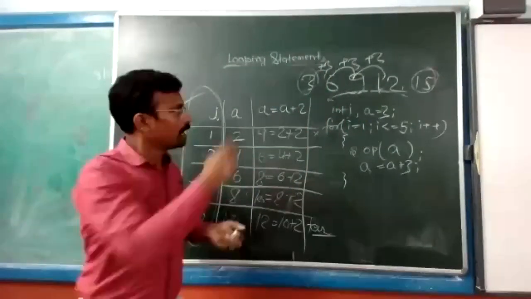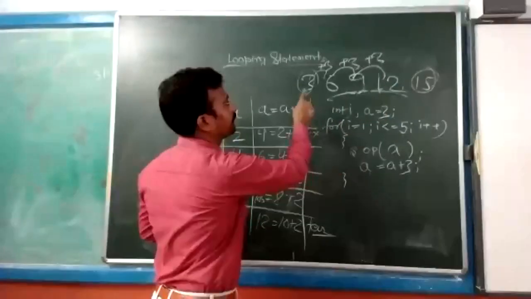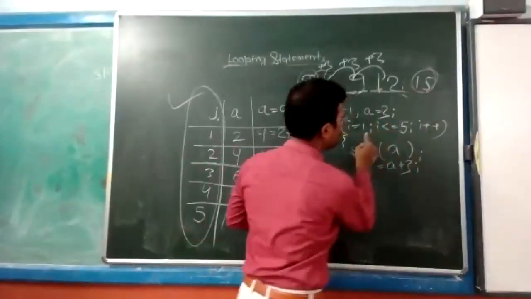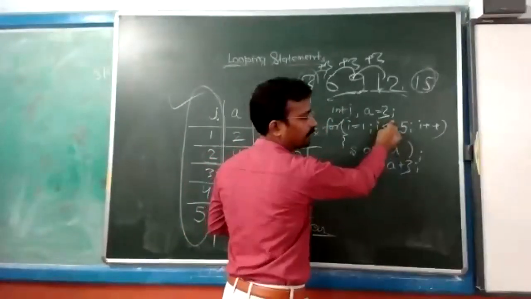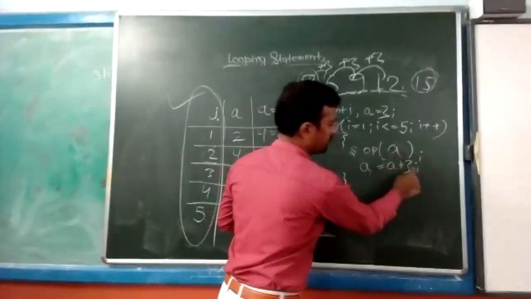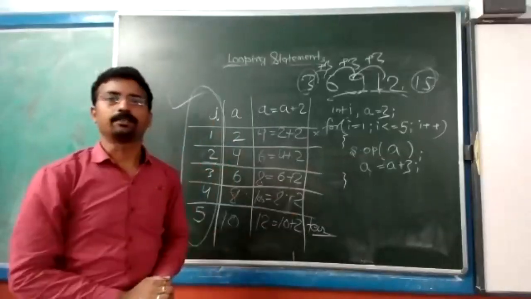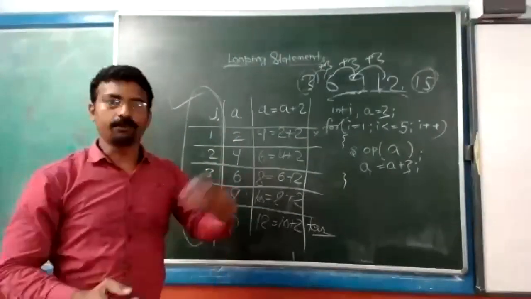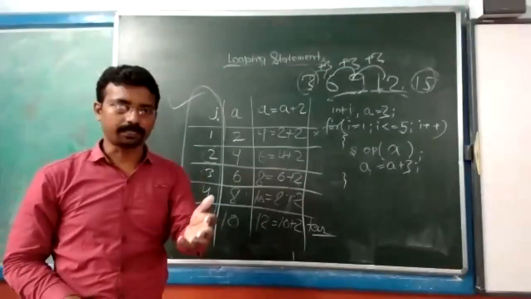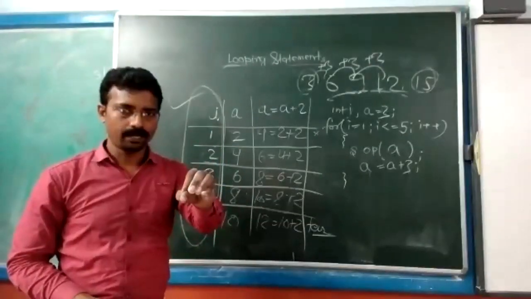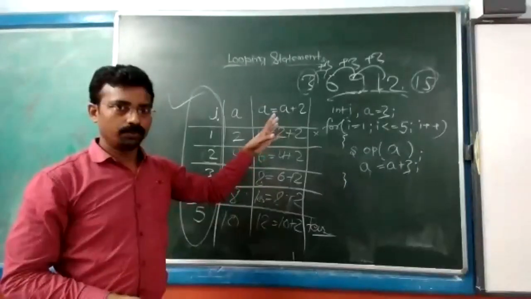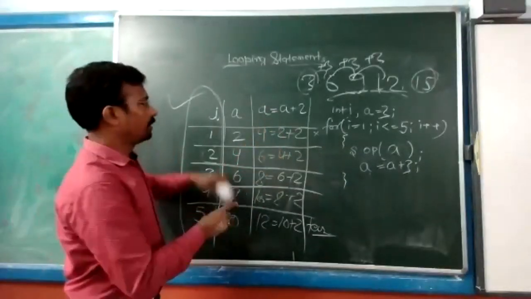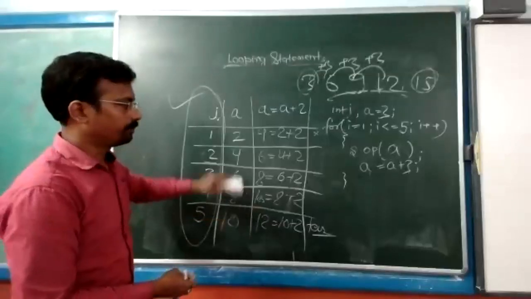So what to focus on? How many results are there on the screen? 1, 2, 3, 4, 5. So start with 1 up to 5 and focus on the initial value in another variable, print it, update it. Like this. I give you examples. You will practice this in your copy. You have copy and pen. So please practice with this program. Program is here.